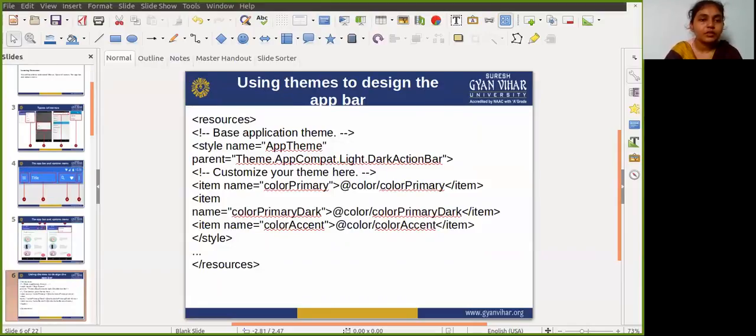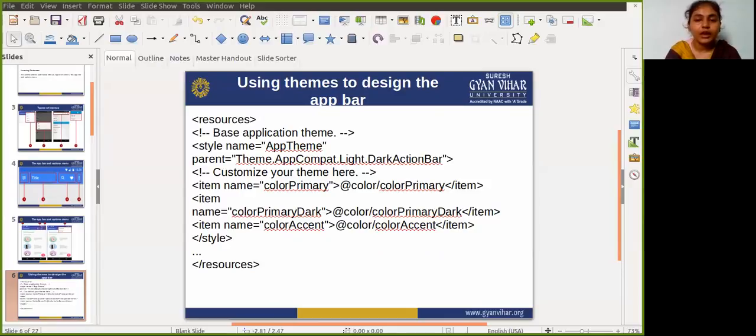Next one is using the theme. If you start your app project using the basic activity template, the template adds the theme to replace the action bar with a toolbar, so you can skip this step. If you are not using a basic activity template, you can use the toolbar class for the app bar by turning off the default action bar using a NoActionBar theme for the activity.